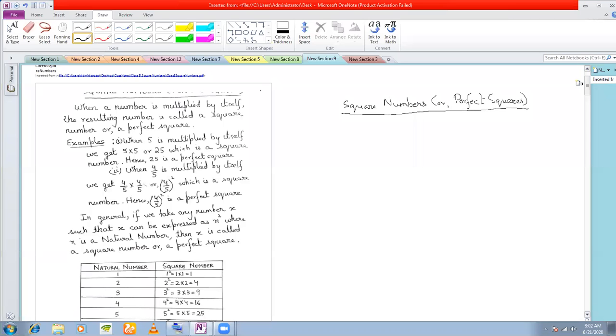Square numbers are those numbers which are obtained when a number is multiplied by itself. For example, if 7 is multiplied by itself, then what do you get? You get 7 square, which is 49. Therefore, 7 square or 49